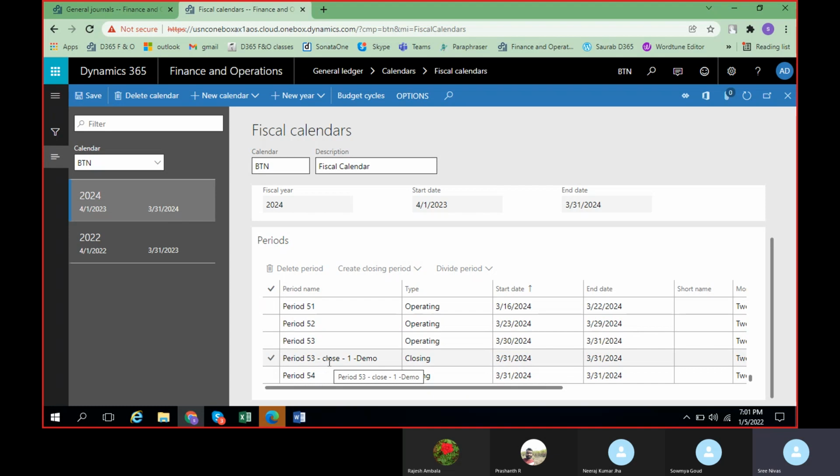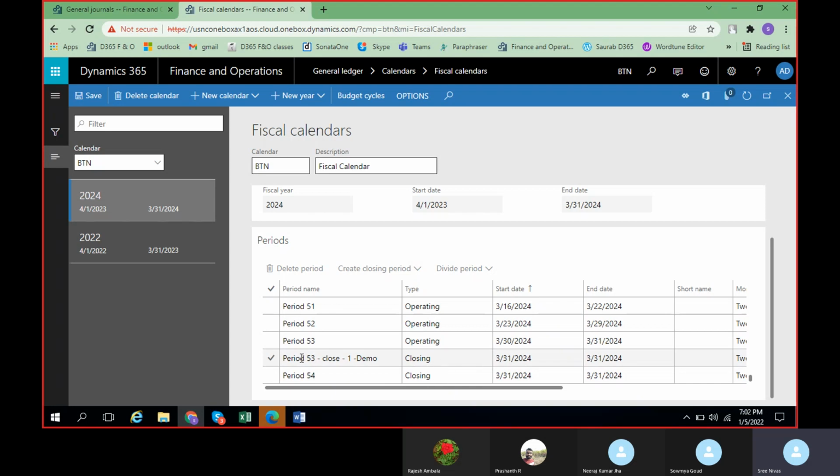Okay, if you want to create the closing period, even though there is already an existing closing period, sometimes this option will help you in case you're transferring the balances. For example, let us assume the income tax department asks you, after the 31st March, you are supposed to file the returns, right? Or if you want to close the books of accounts, you want to show the balances in this particular period.